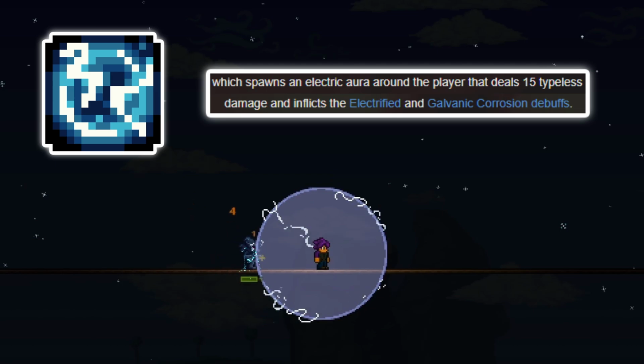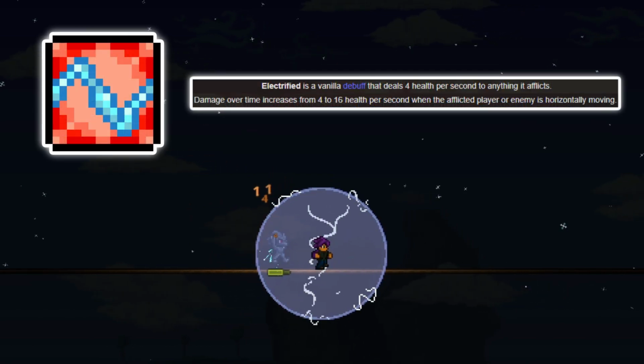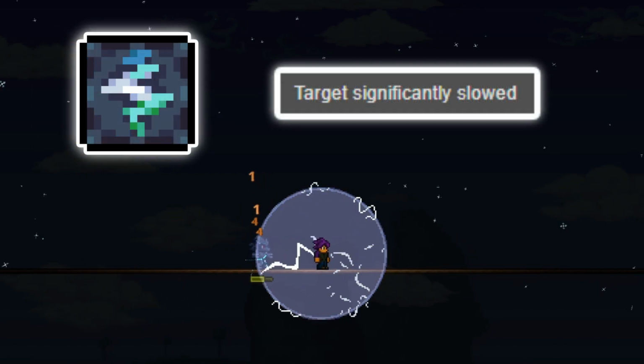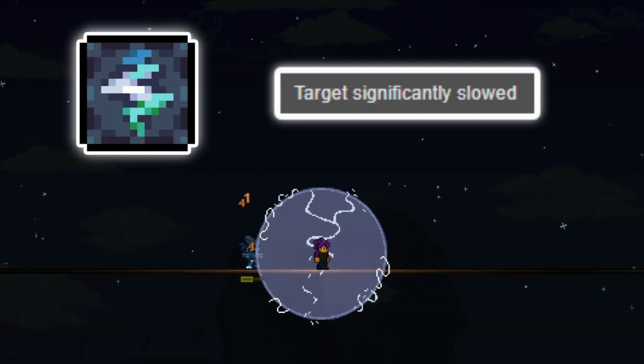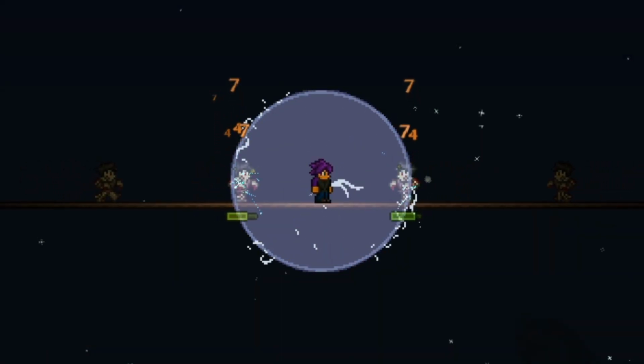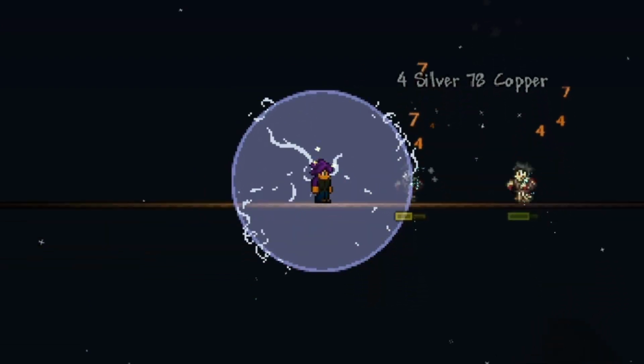When it damages enemies, the electricity inflicts the Electrified debuff for 3 seconds, which deals damage over time, and the Galvanic Corrosion debuff for 0.1 seconds, which slows enemies significantly for its duration. This potion just provides some nice passive damage, especially in the early game, and is useful for keeping enemies at